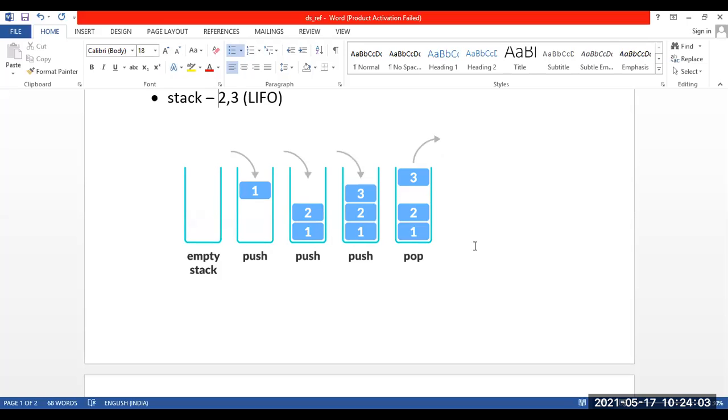Now, when I say remove the item, it means by default that the last item that you inserted, the last item that you put in the bucket, was the mobile phone. So by default, you should take out the last item only, and it is the mobile phone. Once the mobile phone is out, we are left with two items: the water bottle and the charger.